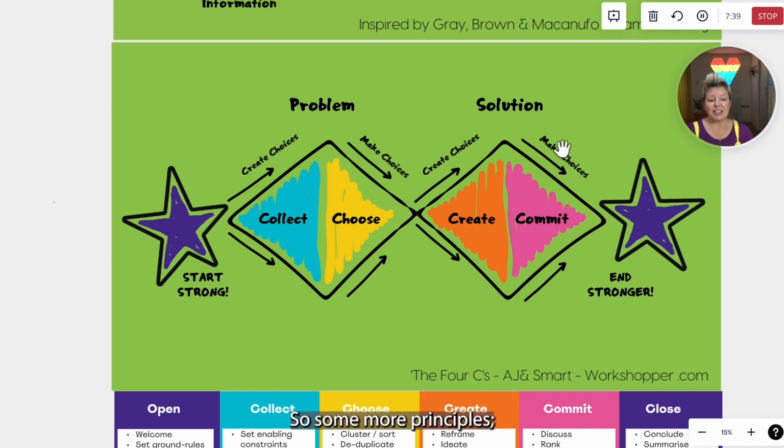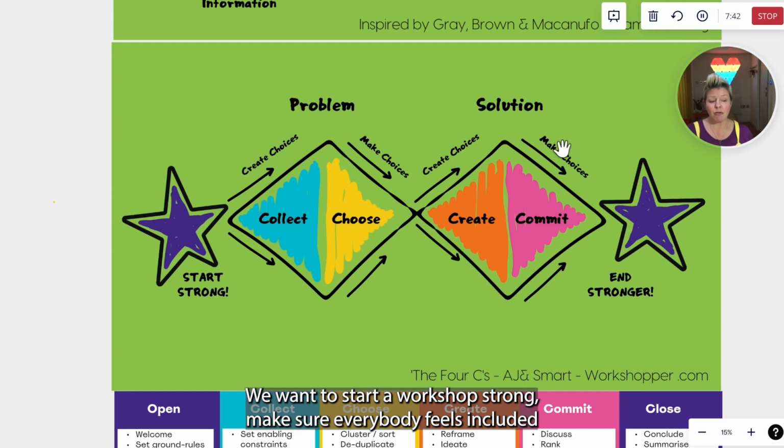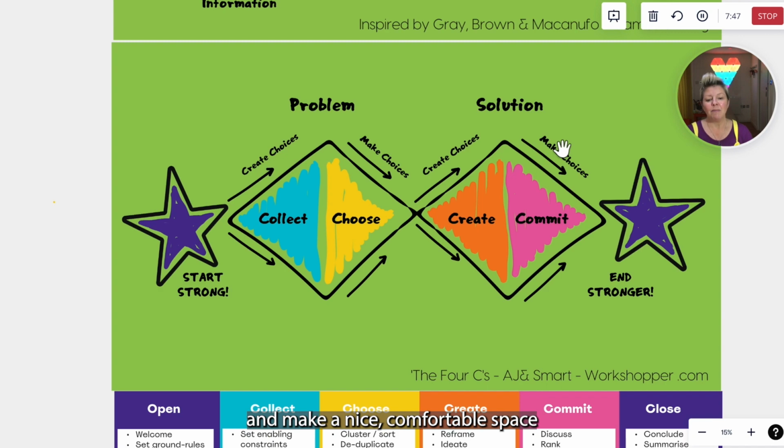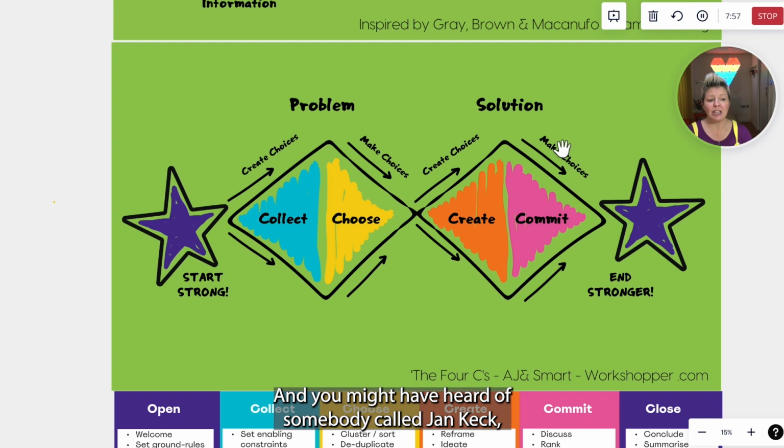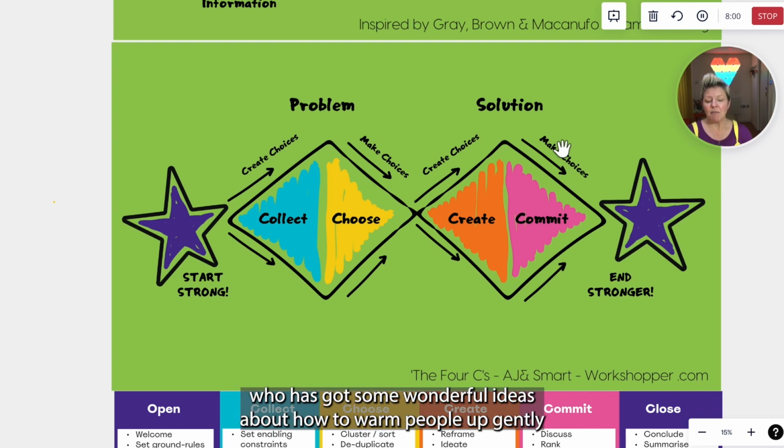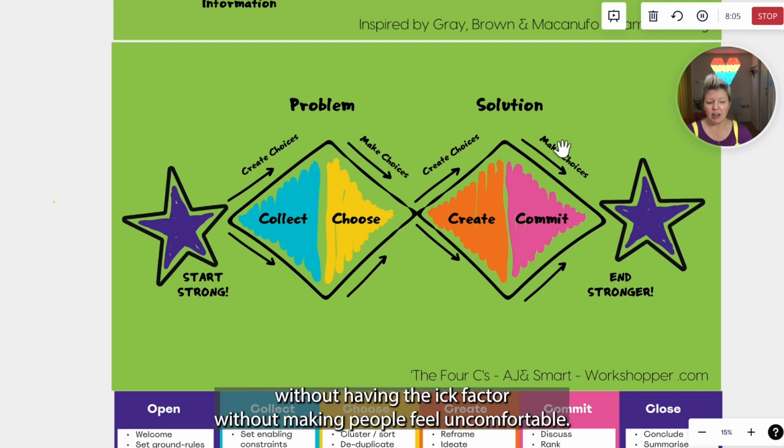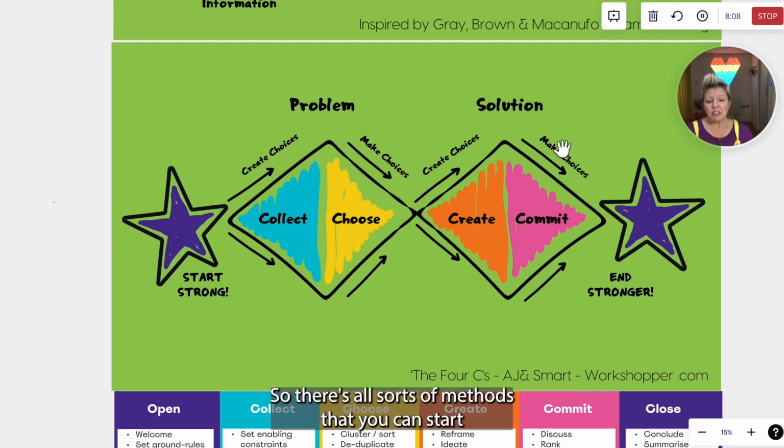So some more principles: we want to start a workshop strong, make sure everybody feels included, make it a nice, comfortable space, let people know what to expect, warm people up gently. You might have heard of somebody called Jan Keck, who has got some wonderful ideas about how to warm people up gently without having the ick factor or without making people feel uncomfortable. So there's all sorts of methods that you can use to set the scene for participation, get people involved, let them know what to expect, set the ground rules,